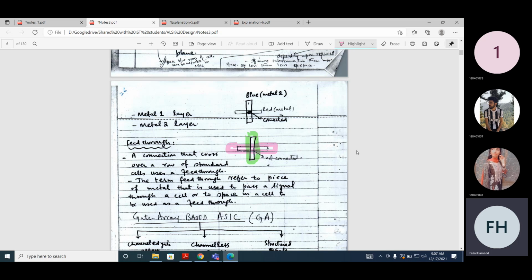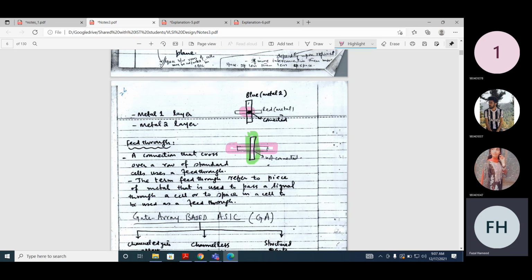So if we say now it's connected, now we have a dot here. When there is a dot here, it means that in the insulation we put a hole, and then we make a metal connection between them. So now these two signals can be connected. They may lie within different planes, but we drill a hole, and this hole is called a feed through wire.